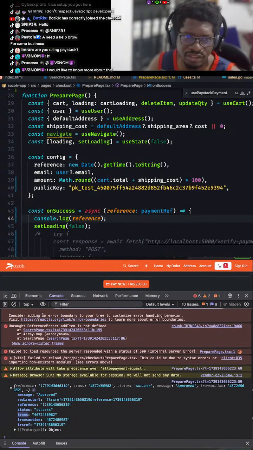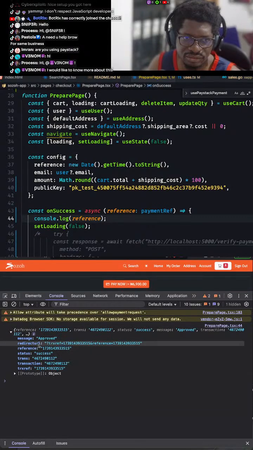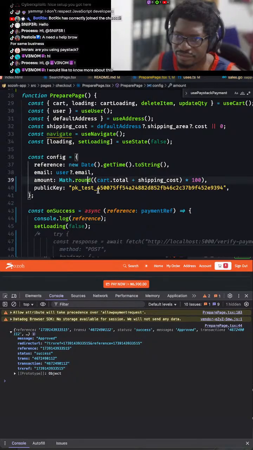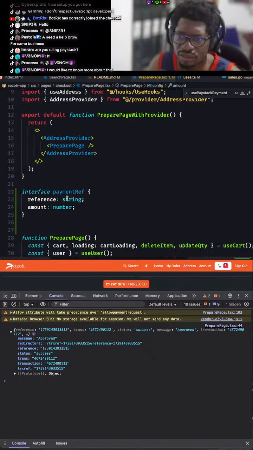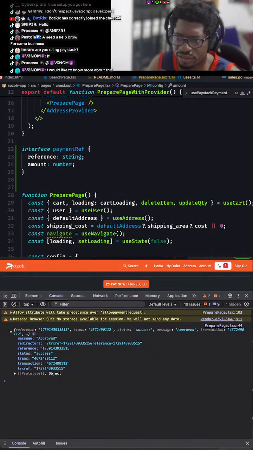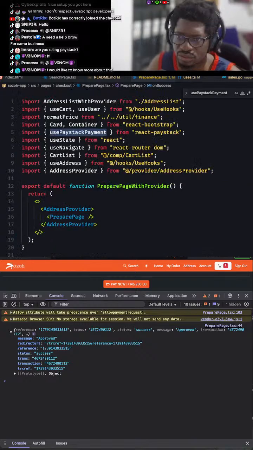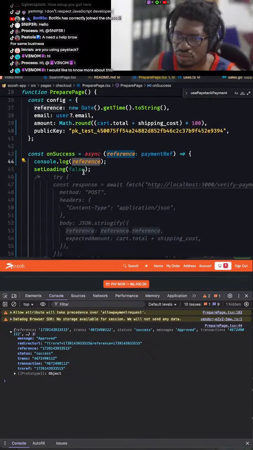Let me now redo it again and see what will happen. It still printed everything. That's fine. Okay, the next thing I wanted to do is that we're good here. We need the reference, and as long as the reference is coming into what we need, we are good to go. We have the reference and we are passing it to